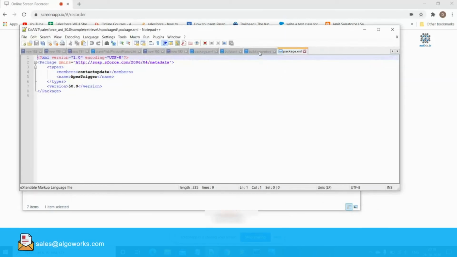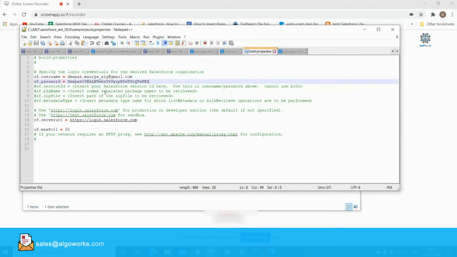So let's go there. Here we will specify credentials for the target organization to which we want to deploy. Whether you want to deploy your classes or triggers or whatever, you can specify here the target.username and target.password.